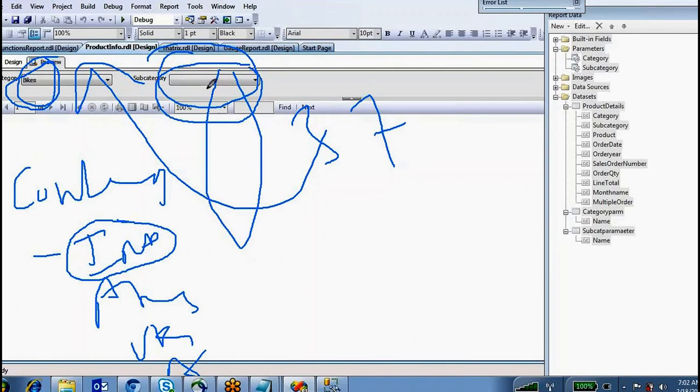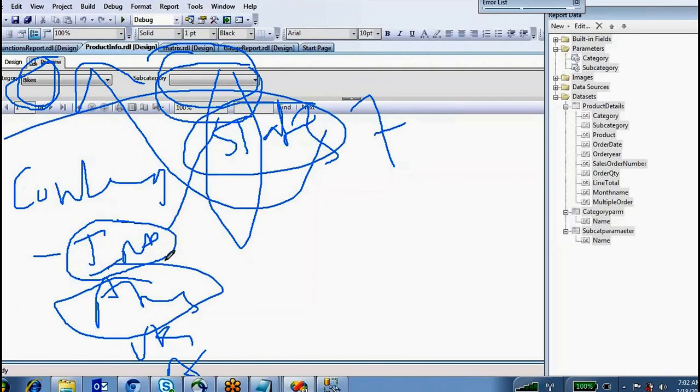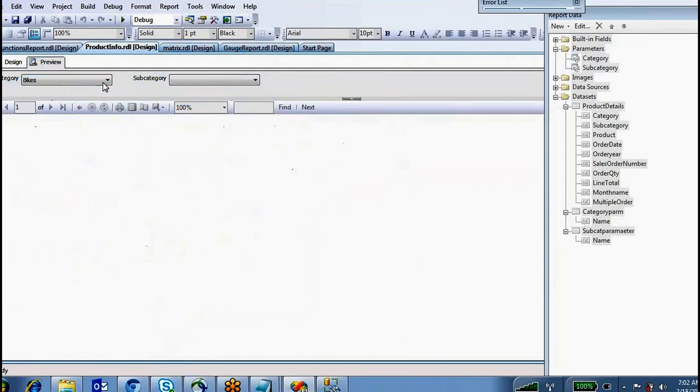So I want to display in the drop down only the states belonging to India only: Andhra Pradesh, Karnataka, Tamil Nadu. If you are selecting America, I don't want to display these India's states. I want to display only America states. So this kind of reporting we call cascading reporting. Okay, so how to do this one?